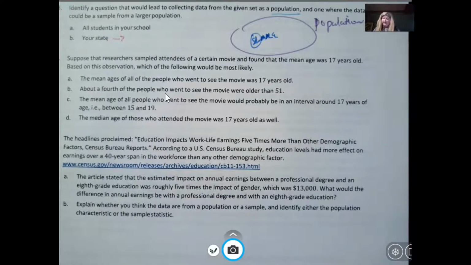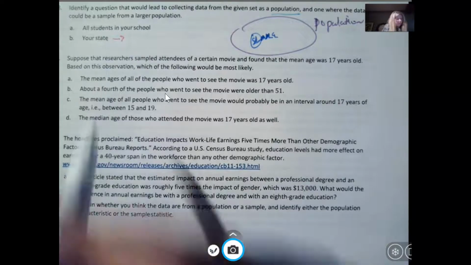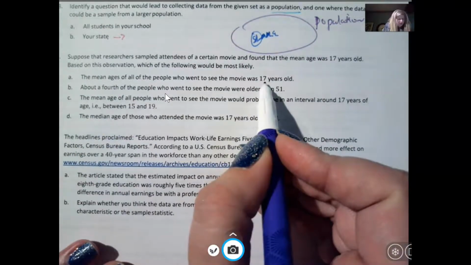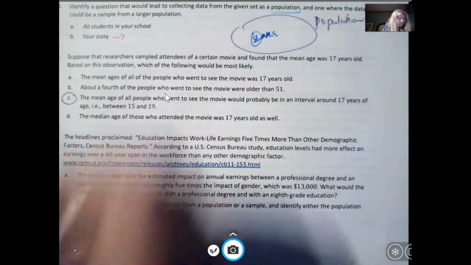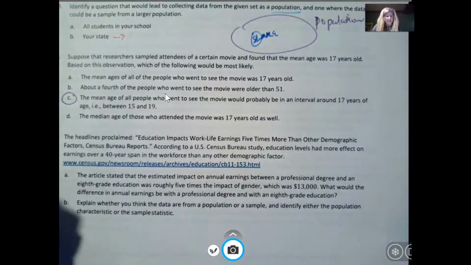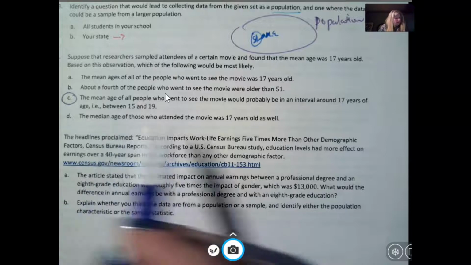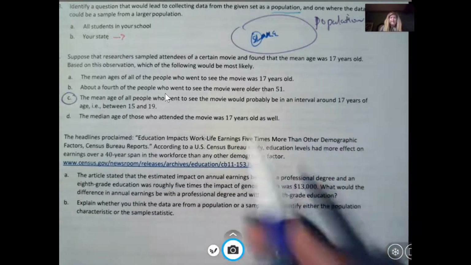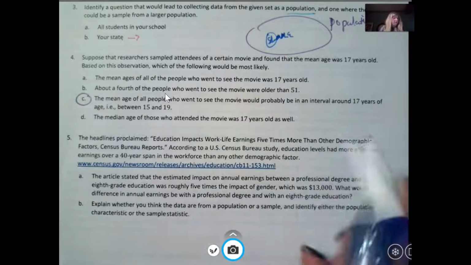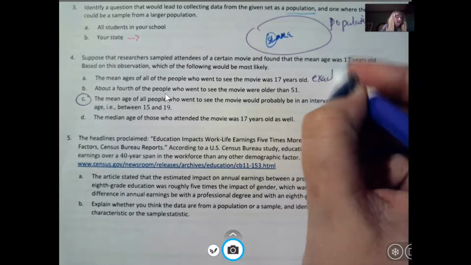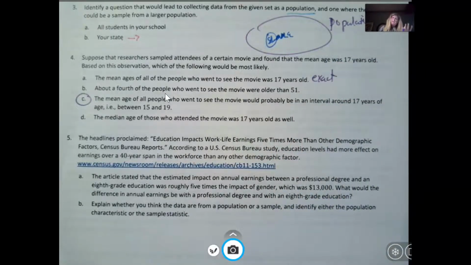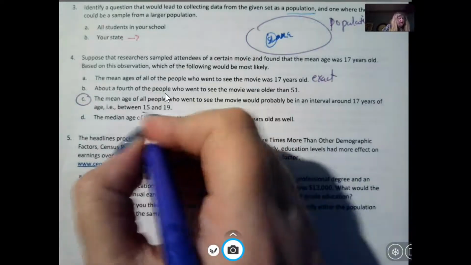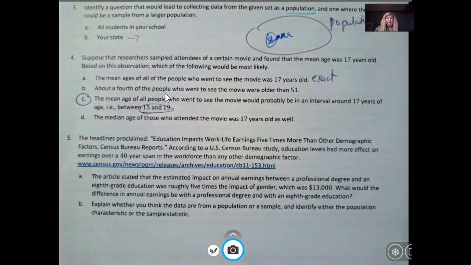So if we think about what we've learned so far, I'm feeling that A is probably not the best option. I'm feeling that C would be most likely because the sample, since I didn't ask everybody, is not going to be exact. At first you might think that sounds right, but it's more likely close to that, but not exactly that. So that's a good thought.